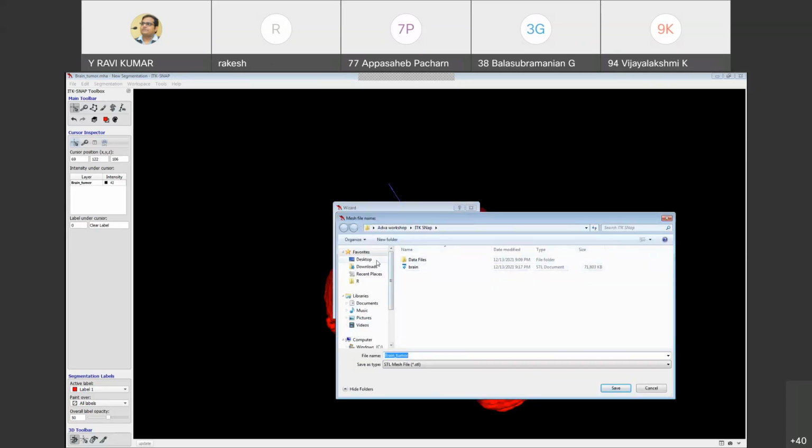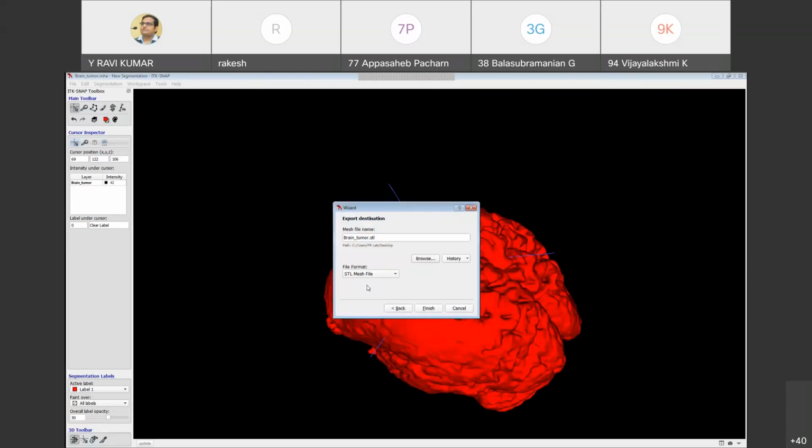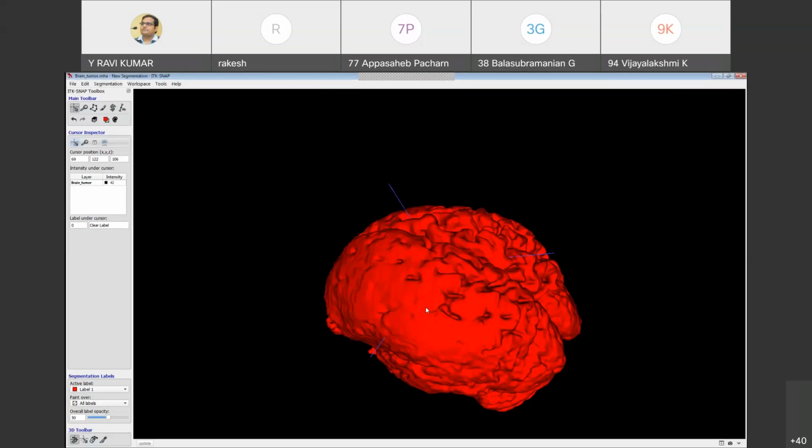Where to save this file? I'll save it on desktop. Now remember, I save this file on desktop. So again, I'll get back to that file.